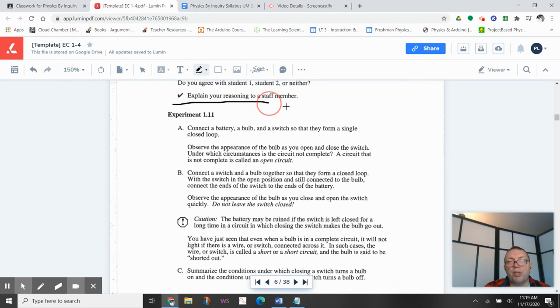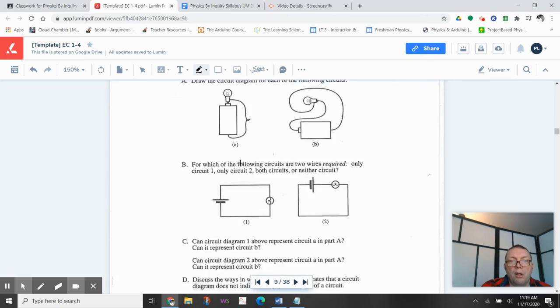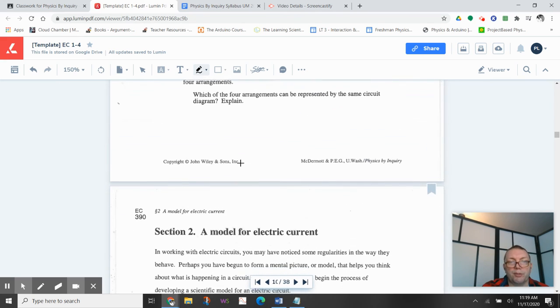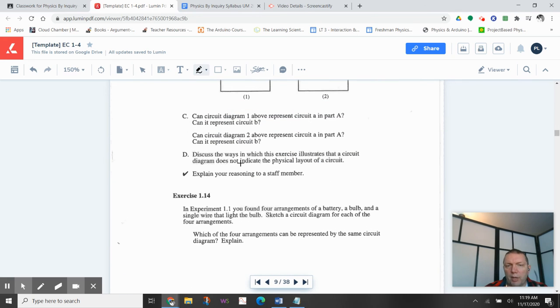Whenever there's an explain your reasoning to a staff member, that's a sign that we're going to have a checkpoint and a Google form. And that's going to be most of the way things go day by day. Once we finish all of section one, then there will be some supplementary problems that will be asked. So there's section two. The supplementary questions are kind of like end of chapter or end of unit questions